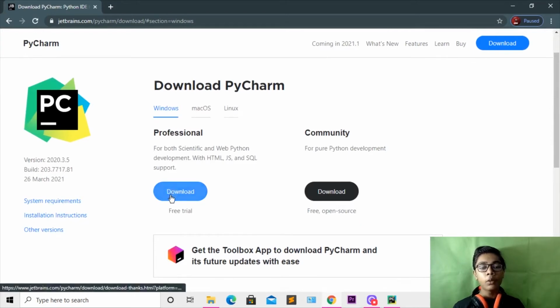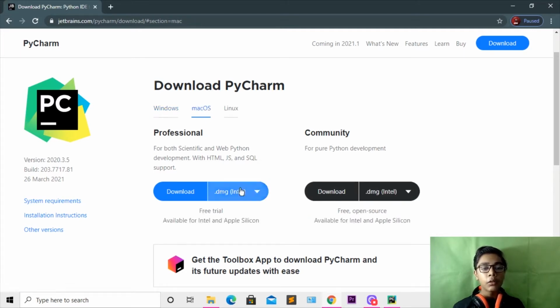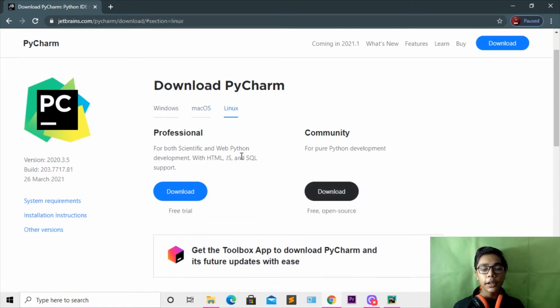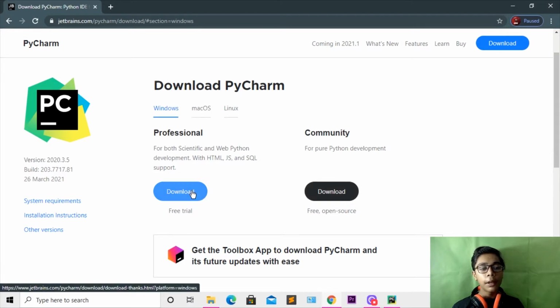You can download the professional version if you want more advanced things, but it costs money. It also gives you a free trial if you like, or you can buy it. But I am using the community version because it is a free, open source text editor which you can just use. If you are using Mac, it gives you the Mac downloads, and if you are using Linux, it gives you the Linux downloads. If I go to Windows, you can see you can download the one which I am using. The other one costs money, so you have to buy it, but I will not be doing that here. So that is how you can download it. I'll close this window now.